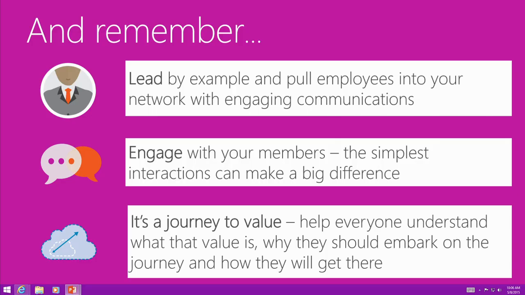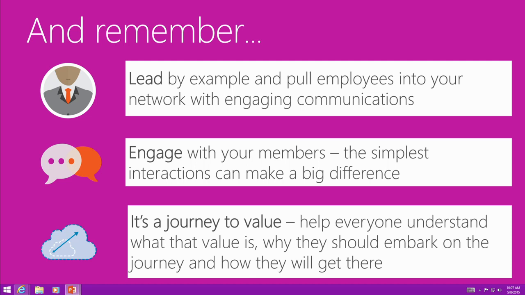So a big part, and this is part of our pledge, is leading by example. Get in there, try it. And I highly encourage you, and I'm going to show you the slide in just a second, to join the Office 365 network. So by a show of hands, who's already in that network? So maybe not even half. This network, the Office 365 network, is an amazing place to be.